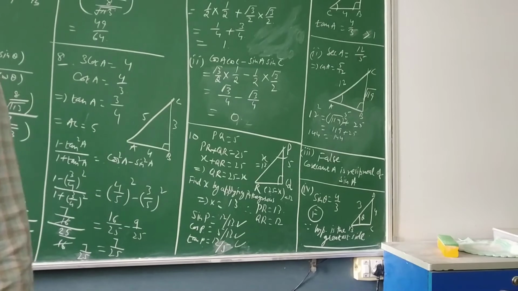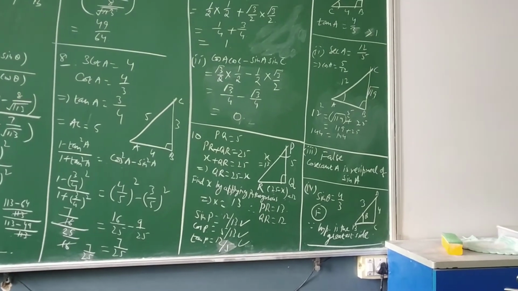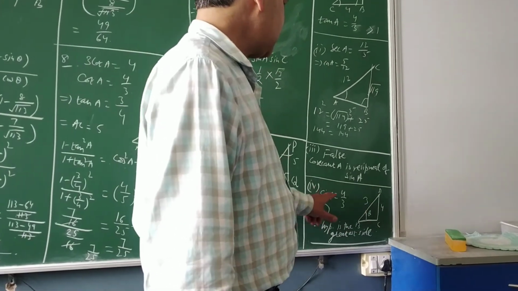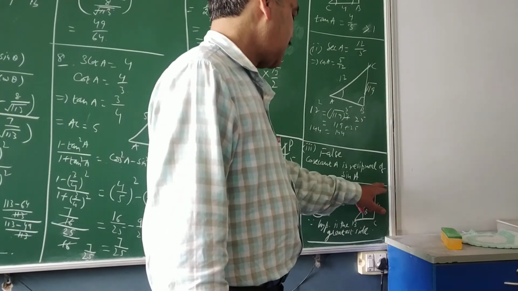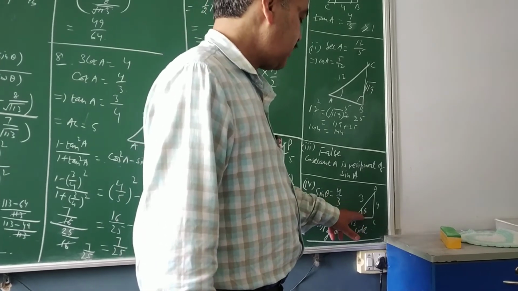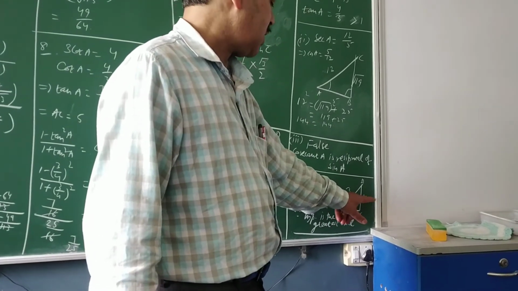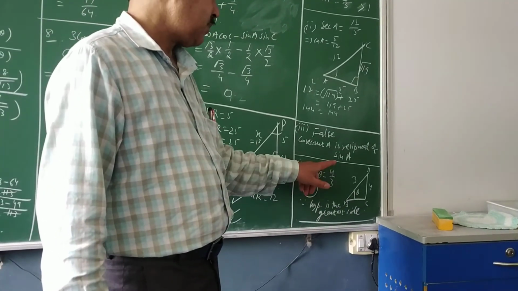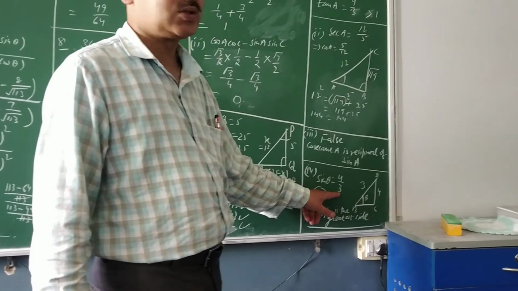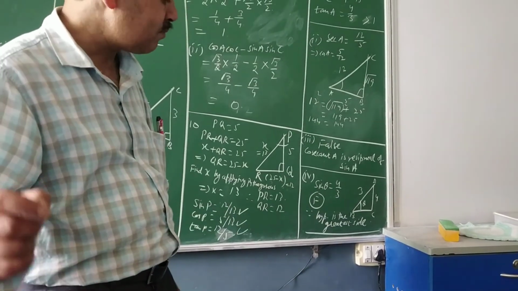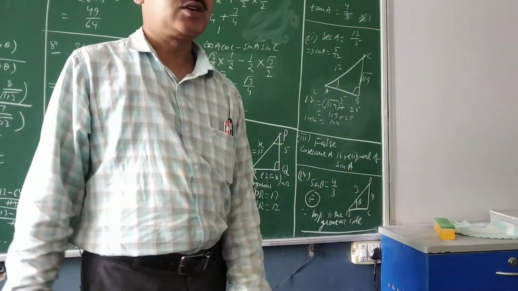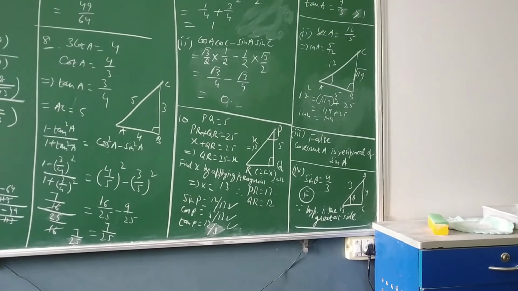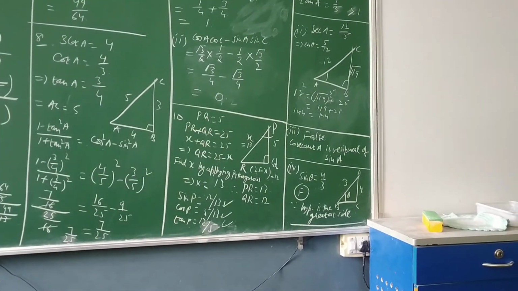In the fourth and last part it is given that sin theta is equal to 4 upon 3 for some angle theta. Again, I drew the triangle and took theta here. Opposite to theta is the perpendicular, so sin theta is perpendicular upon hypotenuse. If it is 4 upon 3, very clearly perpendicular is 4 and hypotenuse is 3, which is never possible. The reason you can write is that, as we know, the hypotenuse is always the greatest side. So this cannot be true anywhere. Hence the statement is false.